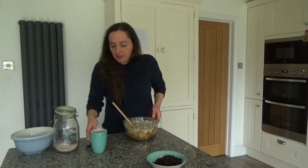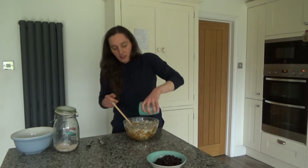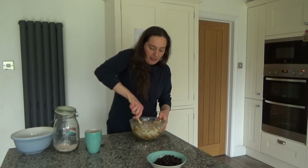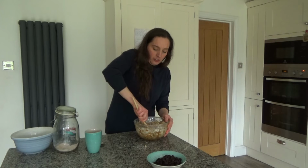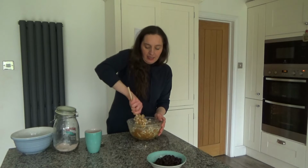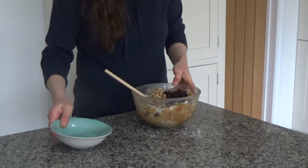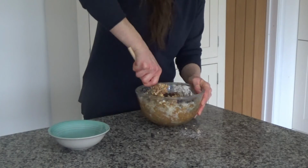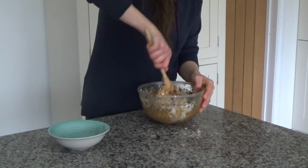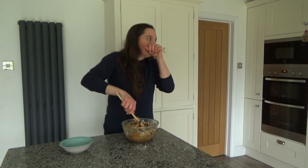That's looking a little better. So I'm going to add a little bit more apple juice to this. I think I had about 4 tablespoons in that mug, and I think that was perfectly fine to use. So yes, as I said, I'm just going to keep mixing these together now. And the final ingredient I'm going to add in is my raisins. And again, I'm just going to mix these ingredients together until all of the raisins are mixed in to the